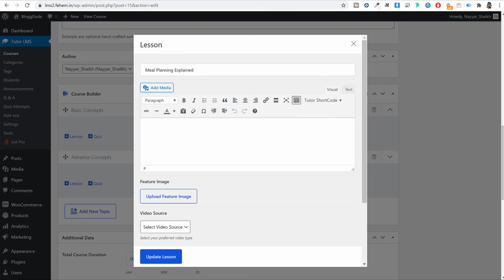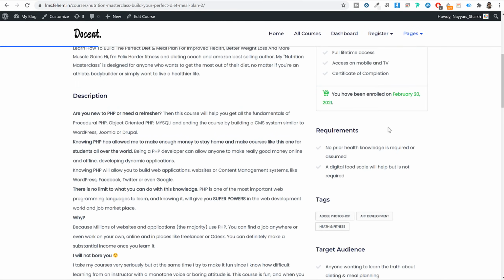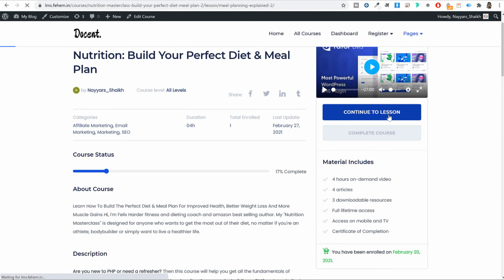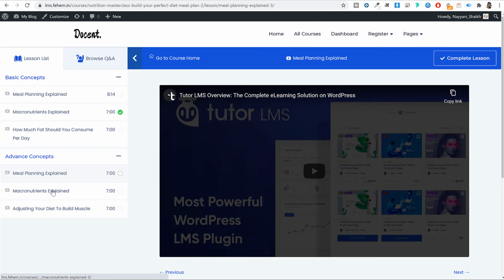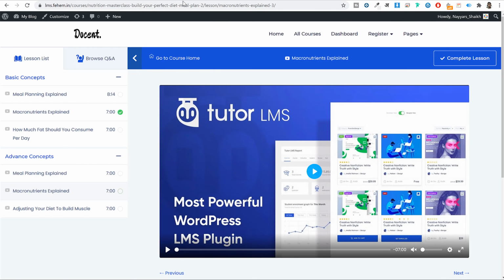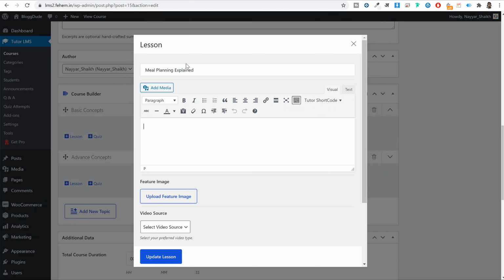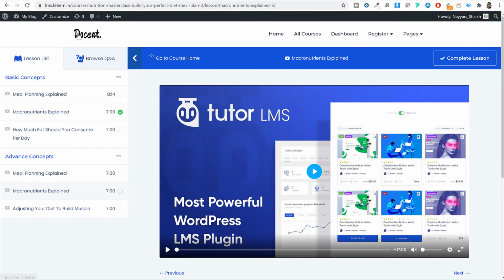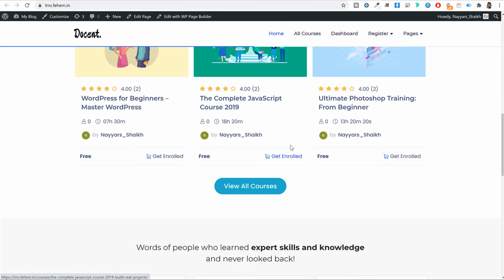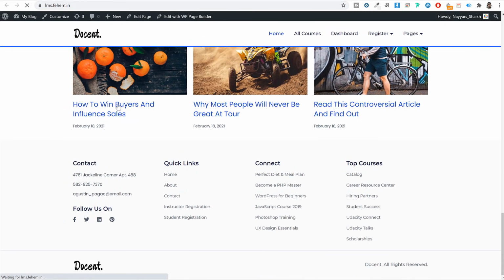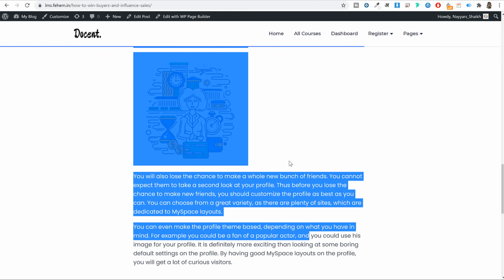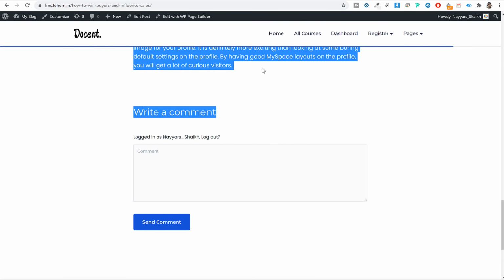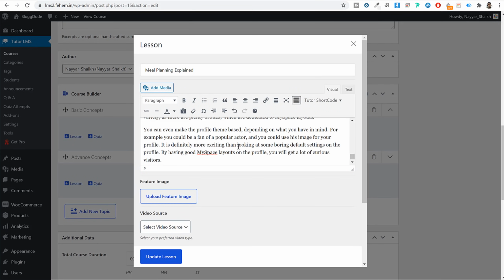Now under this lesson, if you want to type in any text or anything, you can do that. For example, let me actually click on continue to lesson. So if you see this lesson, this is a video lesson. Some lessons can be video lessons. Some lessons can be just a simple blog post type of lessons. So whatever it is, you can type in that thing. For example, I'll open this website in a new tab. I'll open a single blog post. And maybe this first one is not a video lesson. This is just a simple article or a blog. So you can copy this thing like this and you can paste in this option.